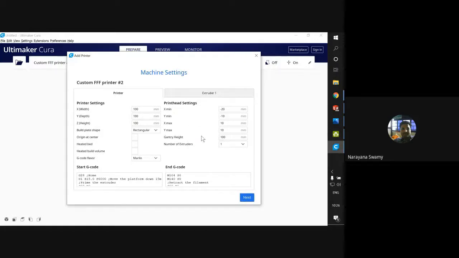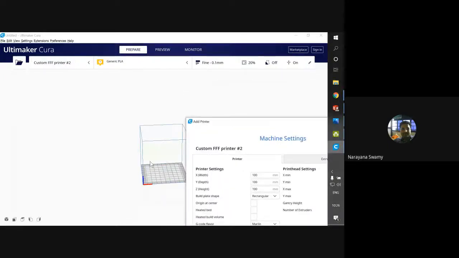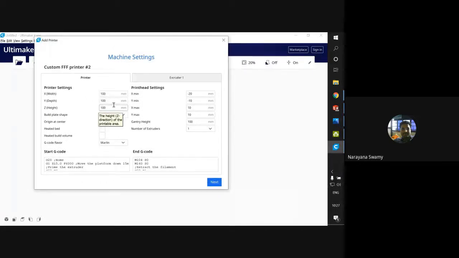Once you click add for that machine, the important thing here is the printer setting. As I said, this space is nothing but the actual printing area of the machine. The machine has a standard width, breadth, and Z direction.